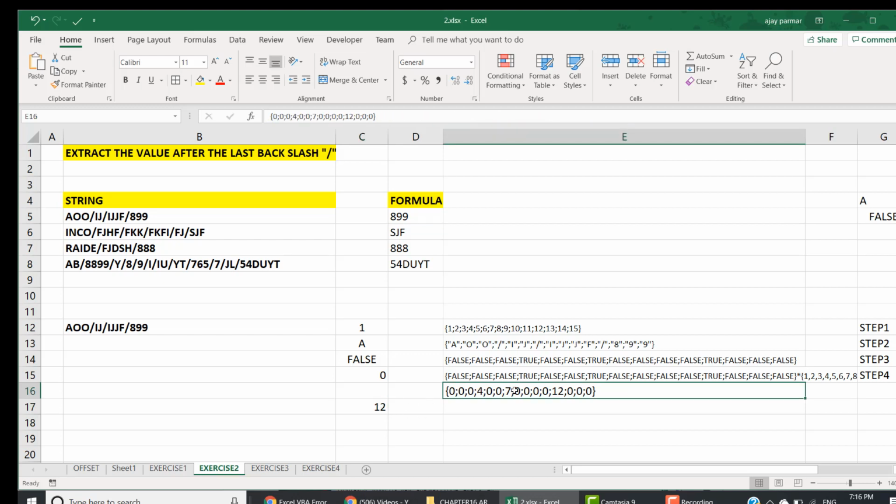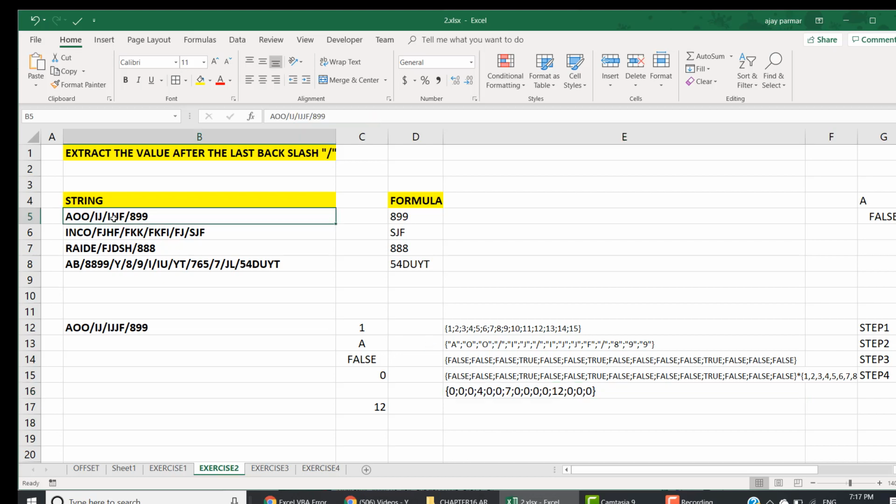Now one thing you need to understand, as a beginner you may wonder how I'm sure that the maximum number is always exactly the position I'm looking for. Well guys, understand, you're moving left to right, so whenever you move left to right, the position will always increase. There is no way that the position is going to decrease, right? You are finding the position of the backslash, so you start counting from here. Excel always reads left to right.